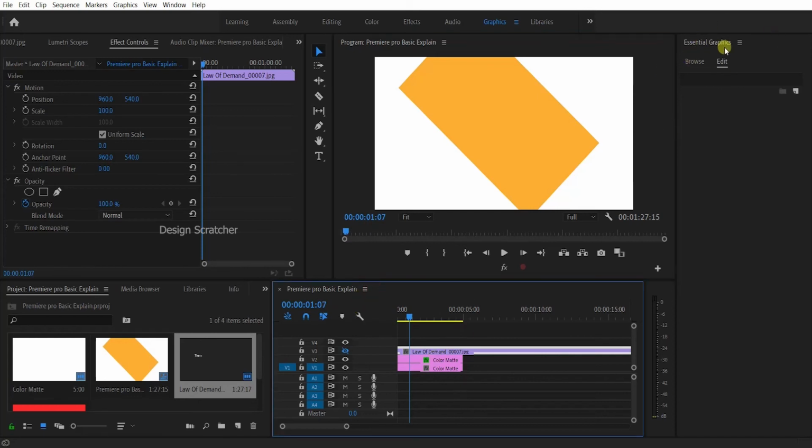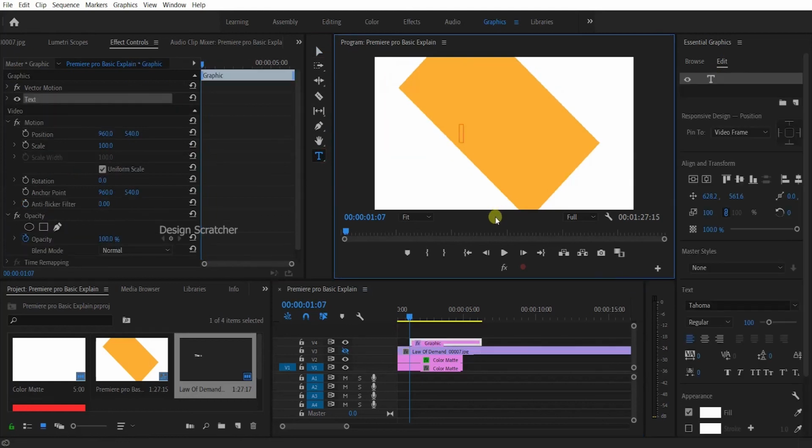Then essential graphics, if you have added text, design, a character will be added, and changing the size and position and center alignment, and drag it for the opacity also, and master selection and text font selection also.